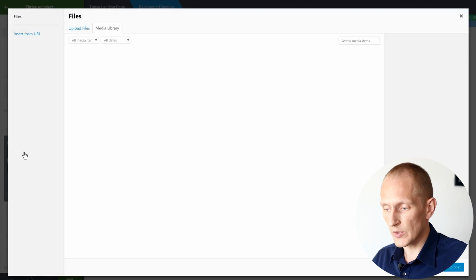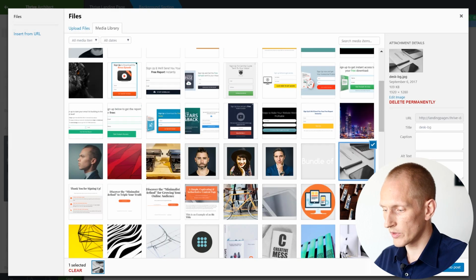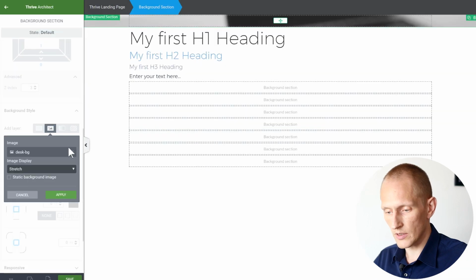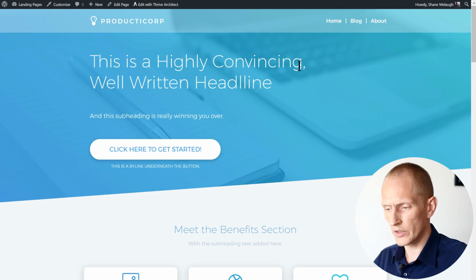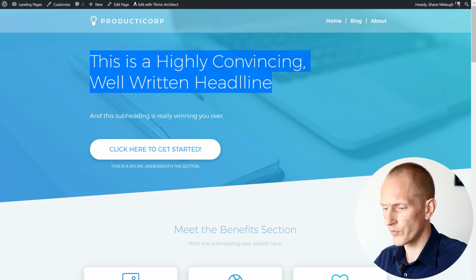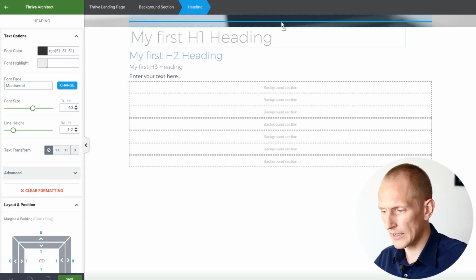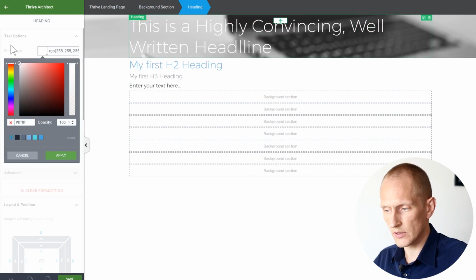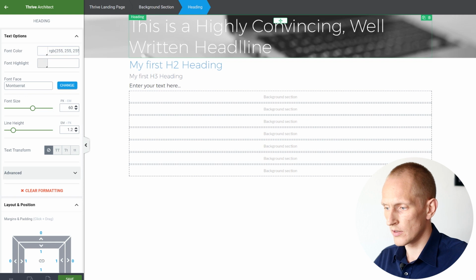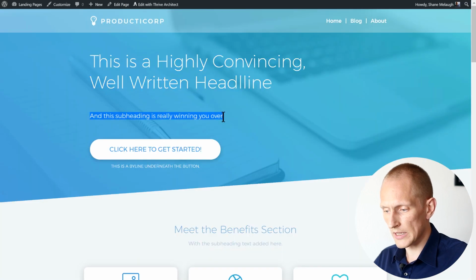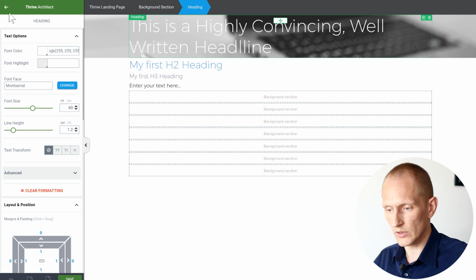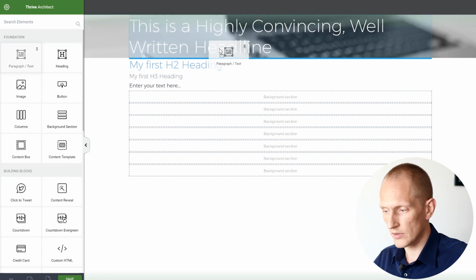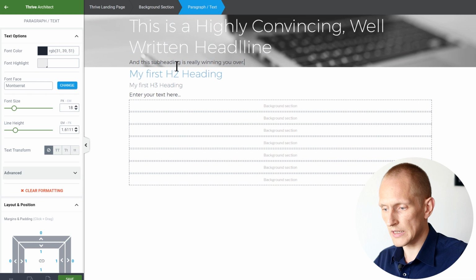Then I add a background image. And I've already uploaded my background image here. I'll apply this and there we go. And I will build this part here first. So I'll copy this text and I'll put the headline in here. Paste my text and make this white. Then we have a subheading here that I will get as a text element, paste in,